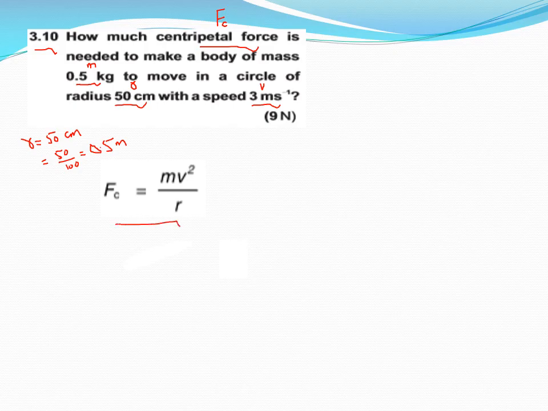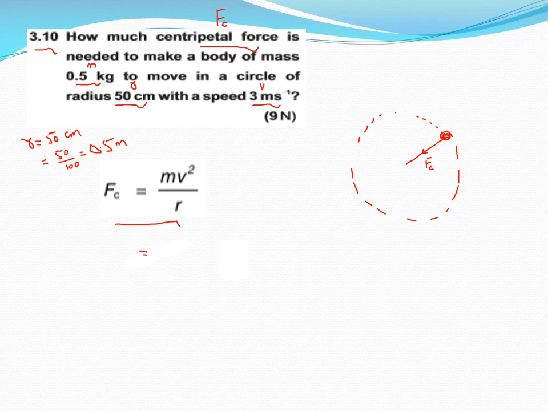Actually, what is it? Let me make it clear. Suppose you have attached a stone with the rope and move with this stone in a circular path. So this stone is moving in a circular path provided with the force which is actually from the center. That is why it is called centripetal force. Okay. And formula for this force is Fc is equal to mv square by r. Again you are having mass.